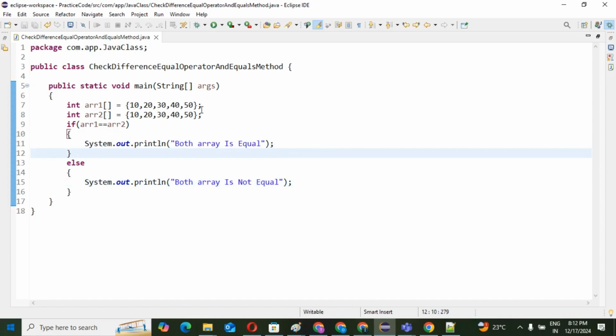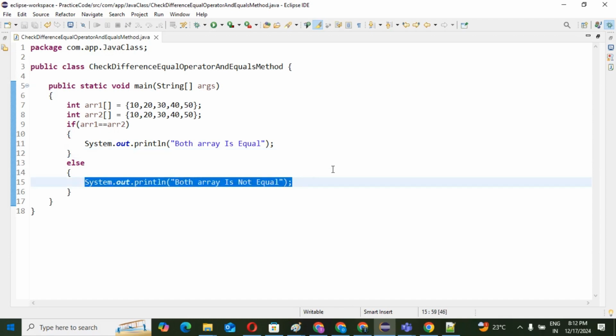Yes or no? Whatever values we have, both arrays are the same, but for your information, that is absolutely wrong. It will print this thing, I will show you. Why?